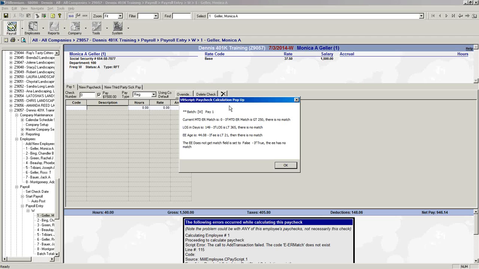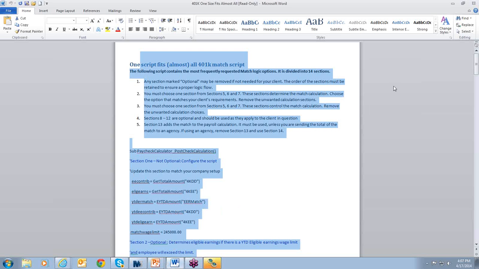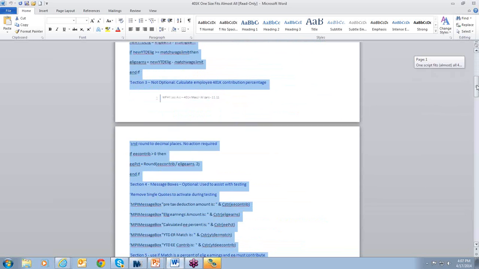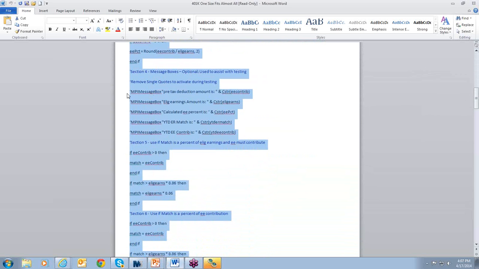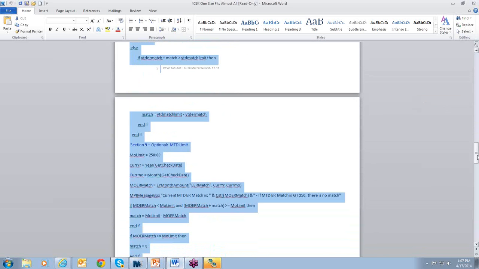Okay. Now, if you recall, I mentioned message boxes, and this is what a message box from a script looks like. So it's displaying some of those entries. If I get back to the script itself, in this section where I have all these message boxes, these guys I was talking about, and then I've got some other ones down here. They show up as it gets to that part of the script.